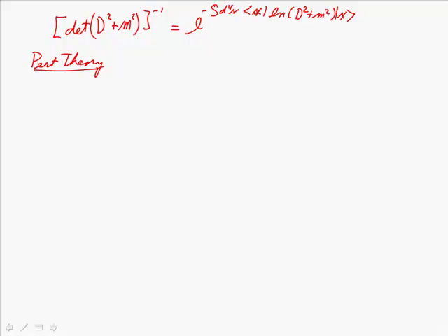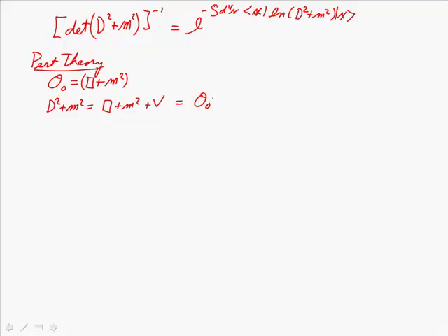So that's the correct answer, and that's it. But this is a better pathway through it. Let O0 be just the free field case, D'Alembert plus m squared. And let's write D squared plus m squared as D'Alembert plus m squared plus some interaction piece. Okay. We can write that formally as